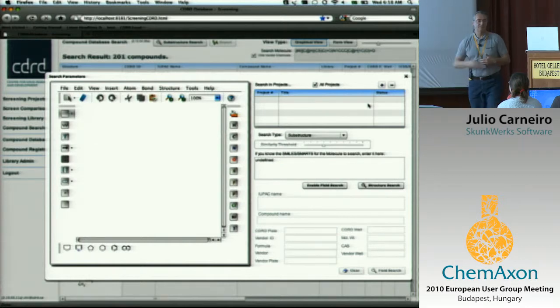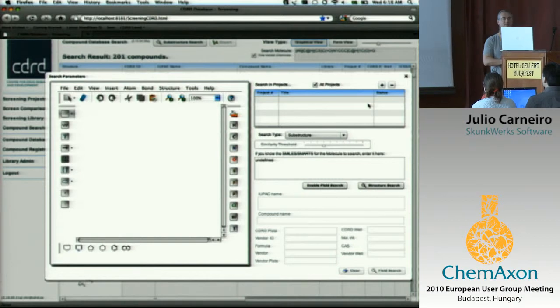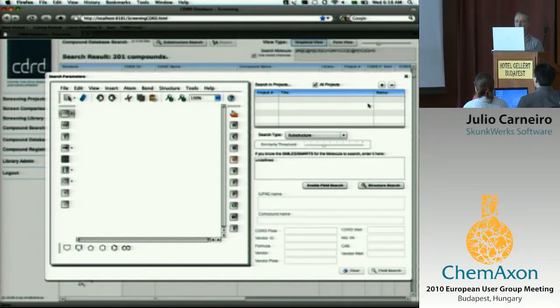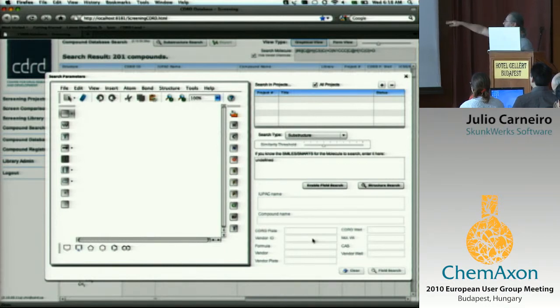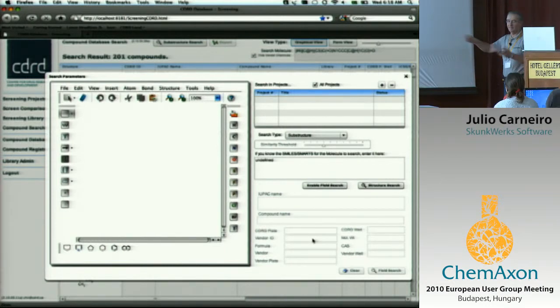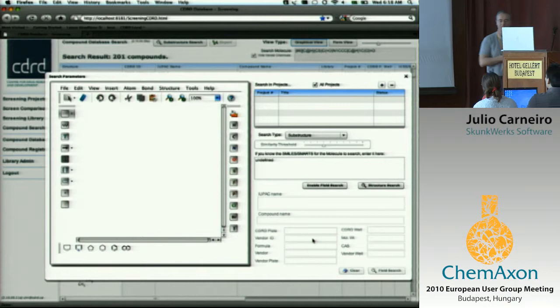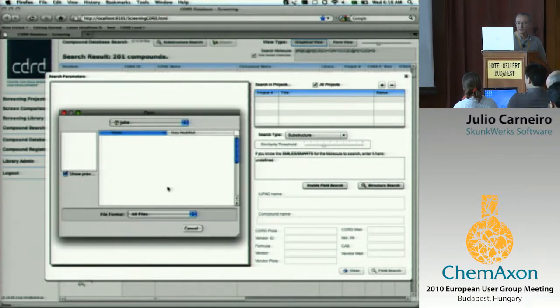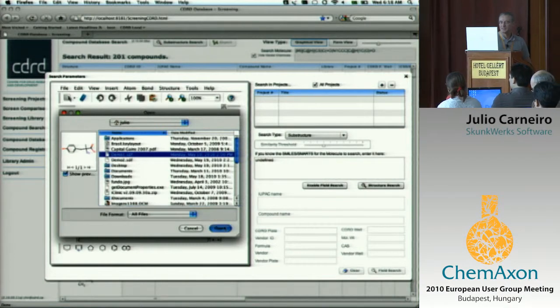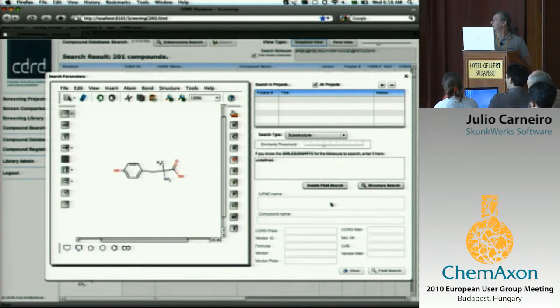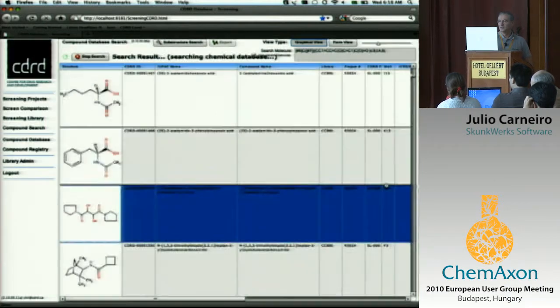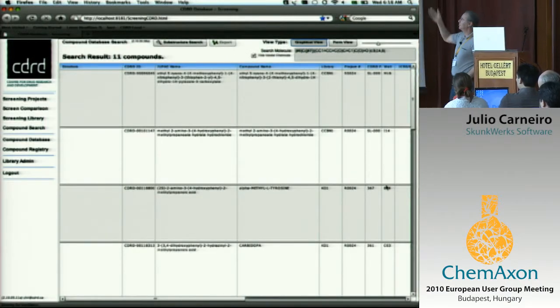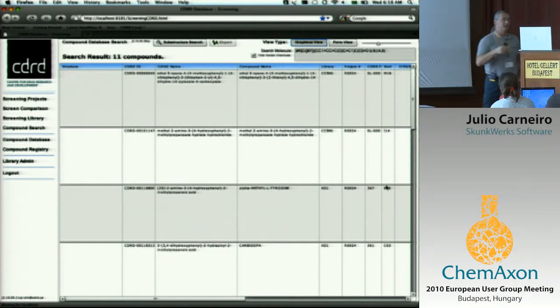Then we use that link, that foreign key coming from JChem, to query our screening database. And the user can filter that screening query based on the projects they are actually tracking, and we can add additional query fields by compound name, by plate, their internal plate, their vendor plate, the vendor ID, the internal IDs, and a couple of other metadata that we keep in our database. So let me just get one molecule here. So here it got 11 compounds in the database which have a